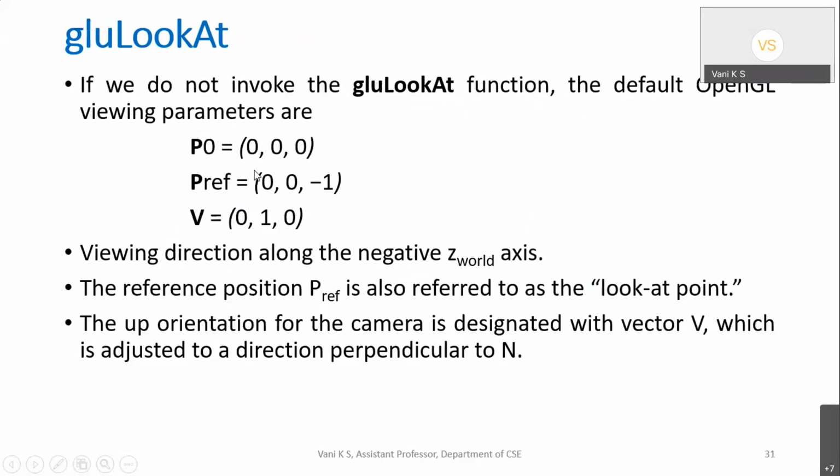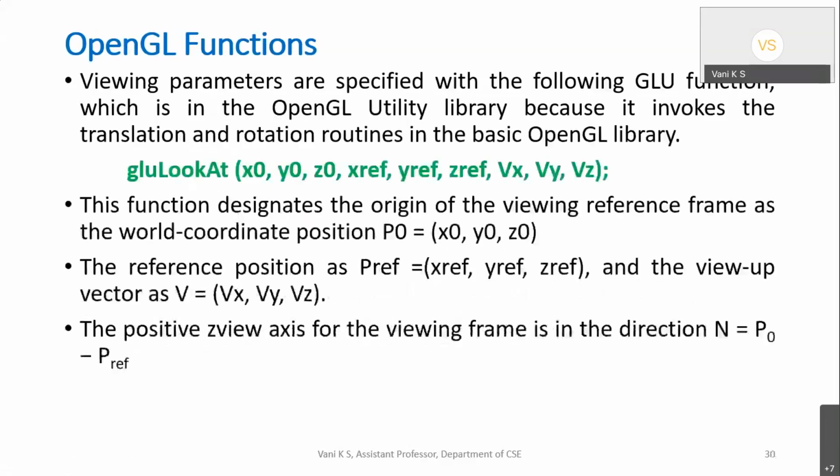That is, the camera is set up at the origin. I told you that a normal vector is required. On which axis are you looking? I am looking along the negative z axis. This is the default: the viewer or the camera is looking along the negative z axis, and the camera is tilted in the positive y axis, or thumbs up direction. The head is tilted in the positive y direction. So these are the samples for what I told you about the lookat function.